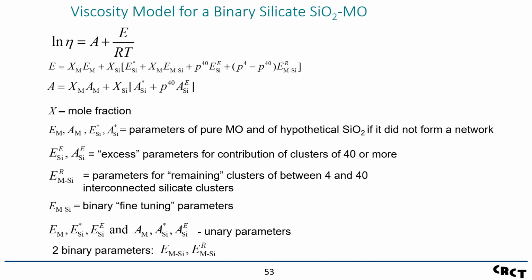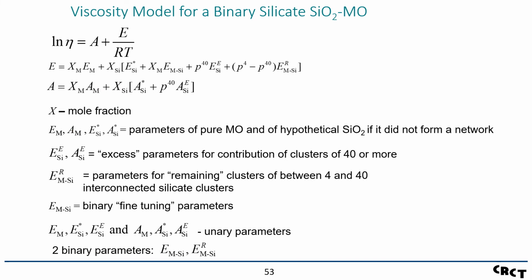So this is our model for the viscosity. The viscosity is given by an Arrhenius form, where A is the pre-exponential term and E is the activation energy. E is then given by this form, where A is given by this,